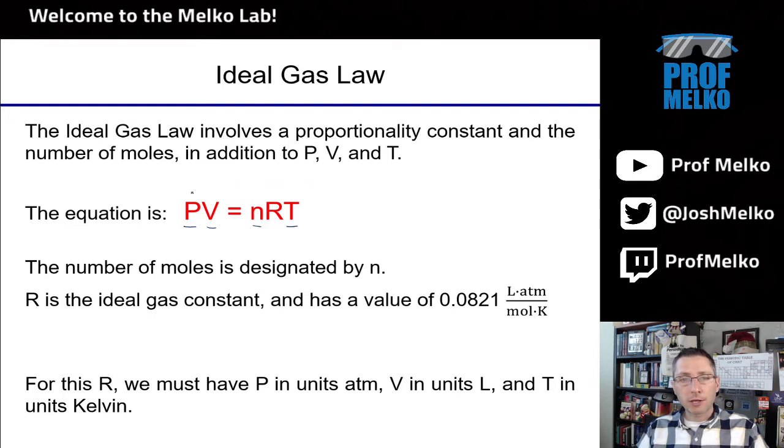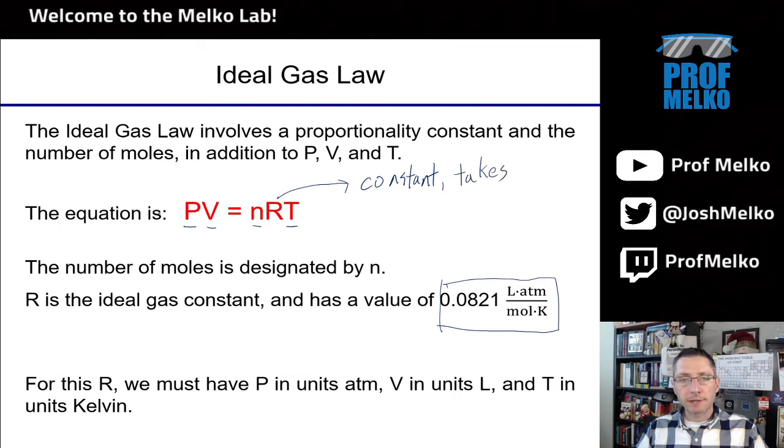Or in this room, if I know the pressure, maybe I measure that with a barometer, the volume, maybe I measure that with a ruler, and temperature, maybe I measure that with a thermometer, well then I can calculate the number of moles of gas in this room. Okay, so this is a very static formula, but very powerful. R here is a gas constant, and it has the value of 0.0821 liters times atmospheres divided by moles times Kelvin. So basically this R here is a constant, never going to change, but it takes care of the variables.